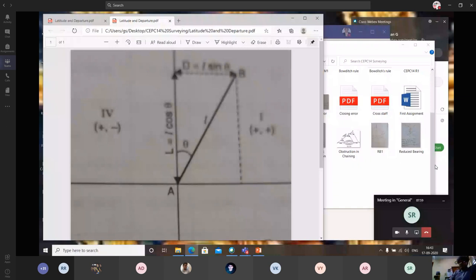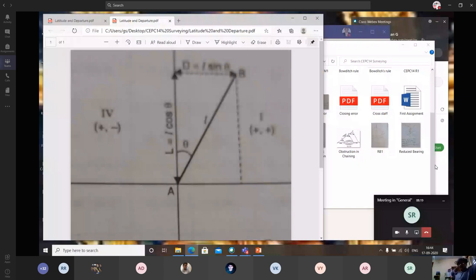This is what is called the latitude of the line. And the component resolved along the x-axis or the abscissa is what is called a sine component, so L sin theta. So in the first quadrant,